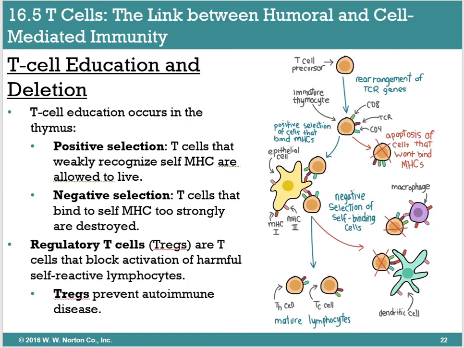CD4s or CD8s. So as we see right here, CD4 or CD8s, they're color coded. So CD8s are the kind of greenish, and then CD4s are like the teal blues. So what will happen is that binding will occur, and then when the T cell binds to a self MHC protein, so meaning that it's on us, that is presenting a foreign molecule, so that means that it has a foreign antigen on it,